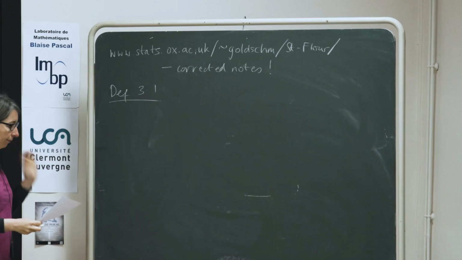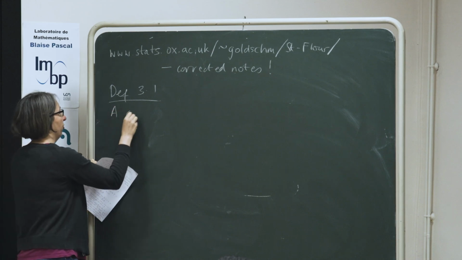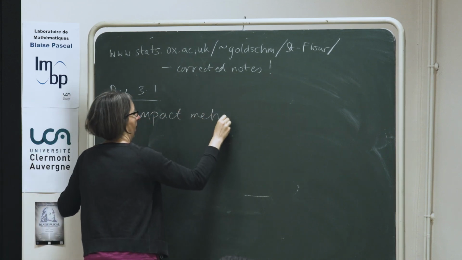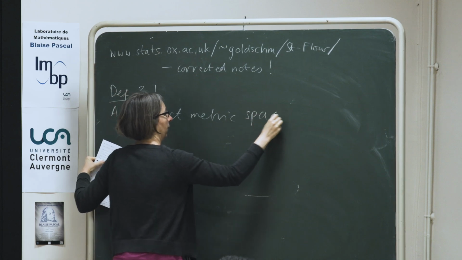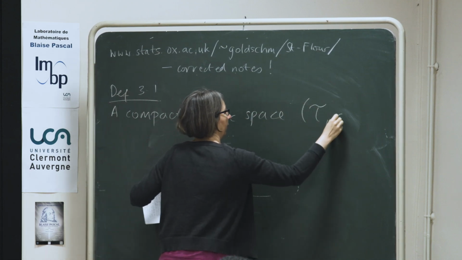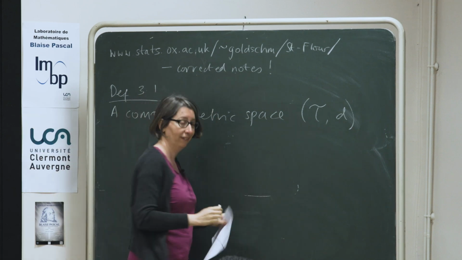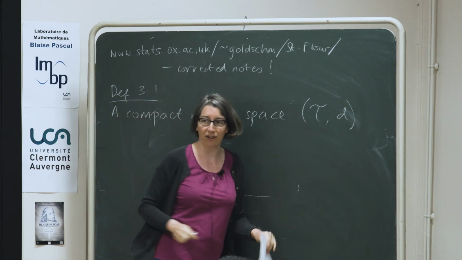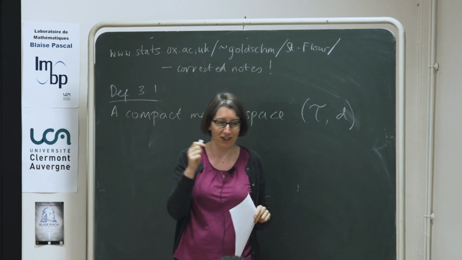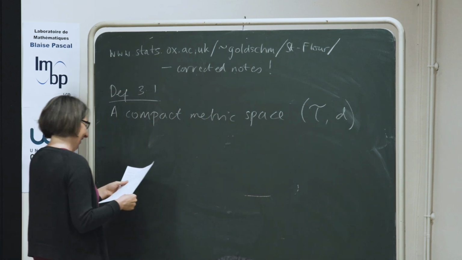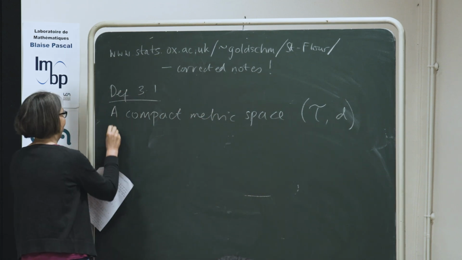So today's lecture is largely going to be about R trees. I want to put the definition over here so that we can refer to it later. So a compact metric space, let's write it (T, d). This is not the same T as that one. There's only so many script T's that I can manage to write in chalk. So a compact metric space (T, d) is an R tree